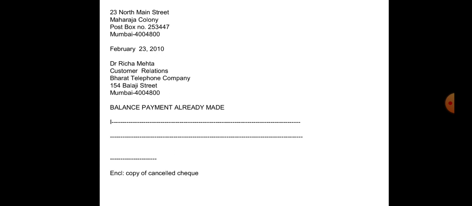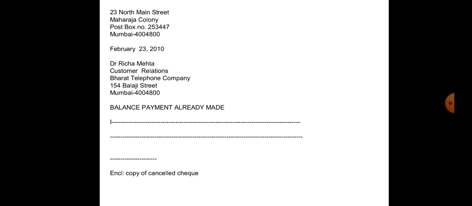So if you look at the same example, you can understand how the simplified format is there for writing business letters. Just go through this format, and here we can also understand what things are omitted. See, salutation, dear sir, dear madam, respected sir, respected madam, is totally omitted here. At the last also, yours faithfully, yours sincerely, that is also omitted. That is called the complementary clause. And the subject line is also written in capital letters.